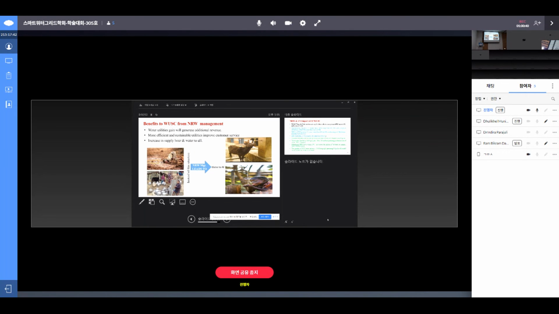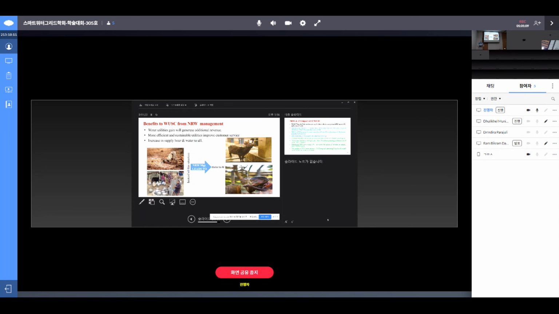So if NRW can be managed, then what will be the benefit to the water users committee? Whatever the utility can generate is additional revenue from this water, and a more efficient system with better customer service, using supply hours and water. You can see the scenario, this is one scenario. This whole scenario can be converted to this. We can manage not only human beings, animals also need their water supply